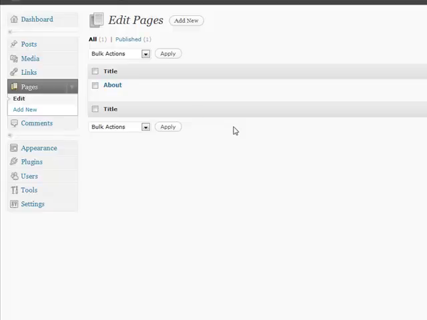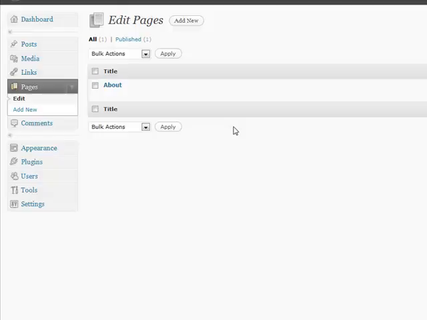Alright, let's talk about pages. Pages are pretty much the exact same thing as posts, except they're a little bit more static, more consistent and constant on your site. They're not so much something you'd put in your blog roll, but something you want to make sure every visitor has ready and available access to. Things such as your About Us, your terms and conditions, your privacy policy, your Contact Us